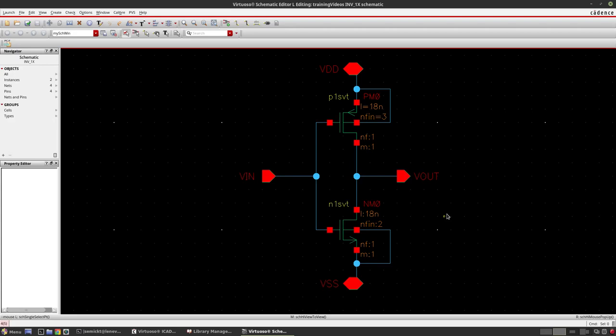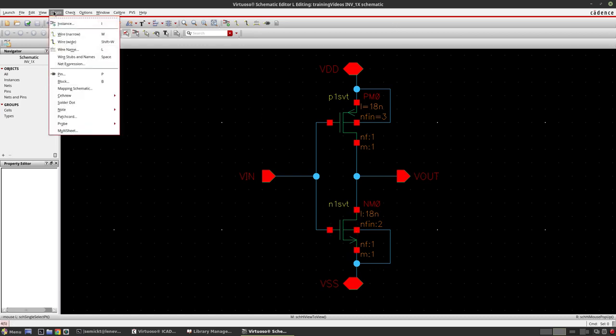Hi. In this video, we shall see how to create the symbol. In the last video, we have seen how to create schematic for the inverter. Now we will be seeing how to create the symbol for this inverter gate. So in the schematic editor window, click on create and then click on cell view and then click on from